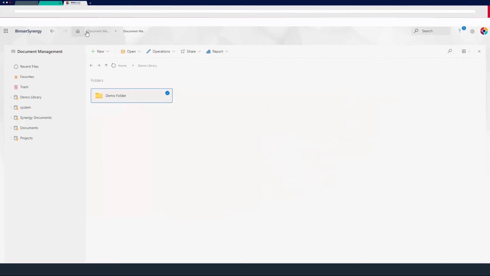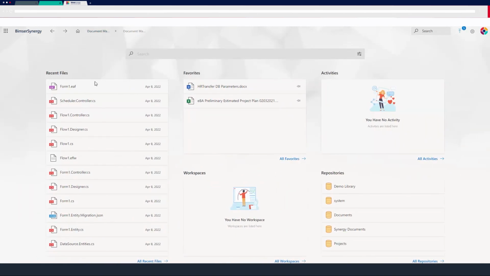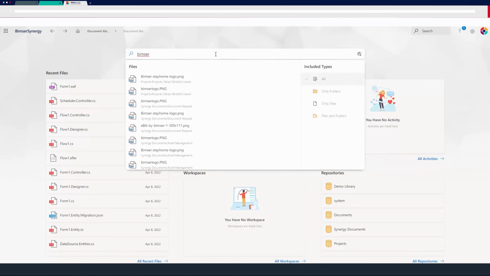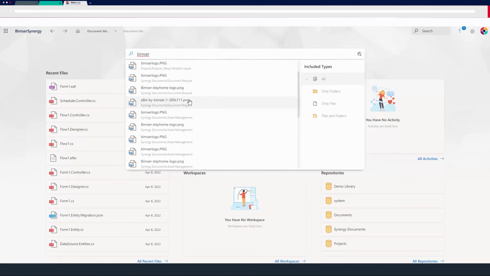On the main menu of document management, we can move forward instantly from this section, and we can see the search area. From this tab, by writing a word, I can see the results including this word in the whole document management system.